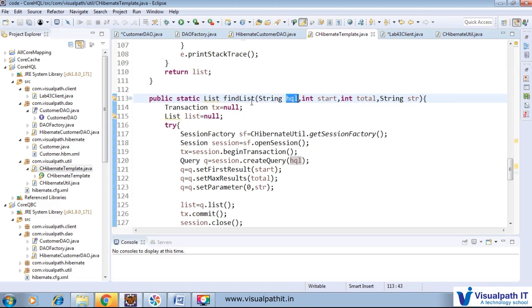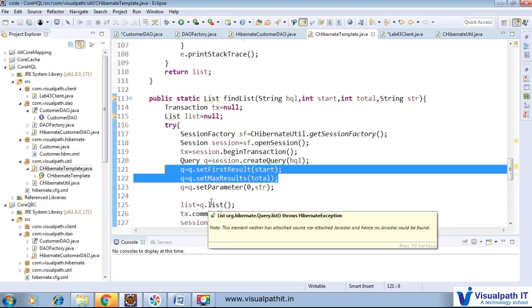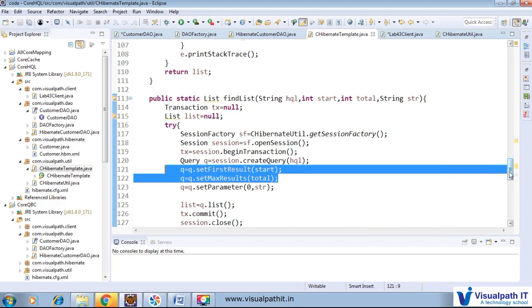So this method is responsible to handle all kinds of pagination through that SQL, and through that start and total, we will apply on the query object. We will call set first result, set max result. Through that the pagination concept will work automatically, and these two methods are responsible to return the data, however much data we want, and then q dot list will return all the data.